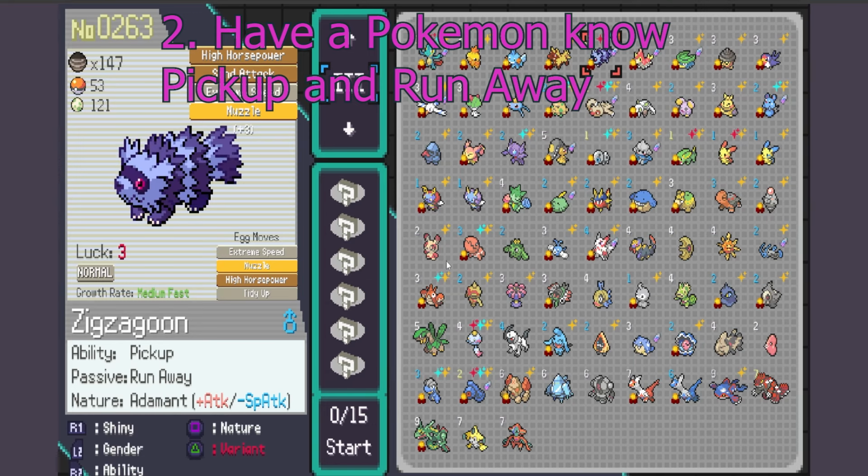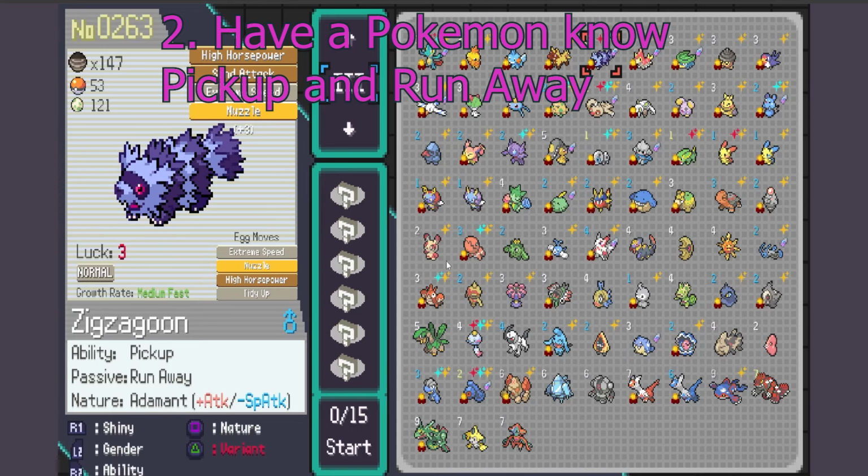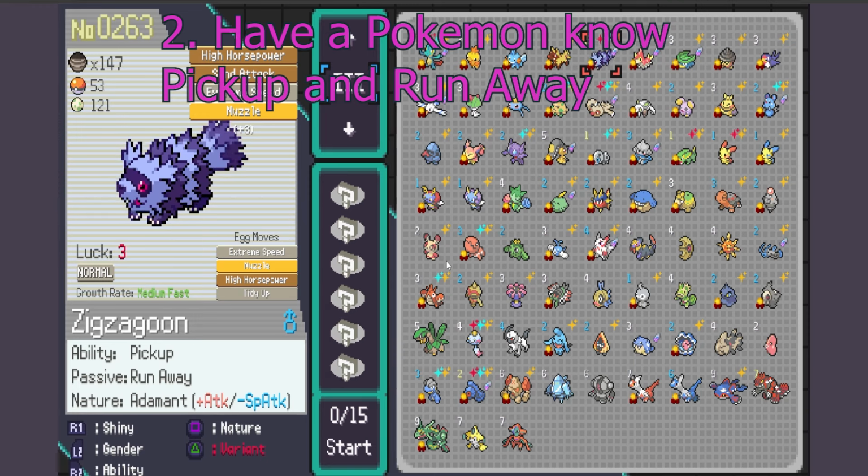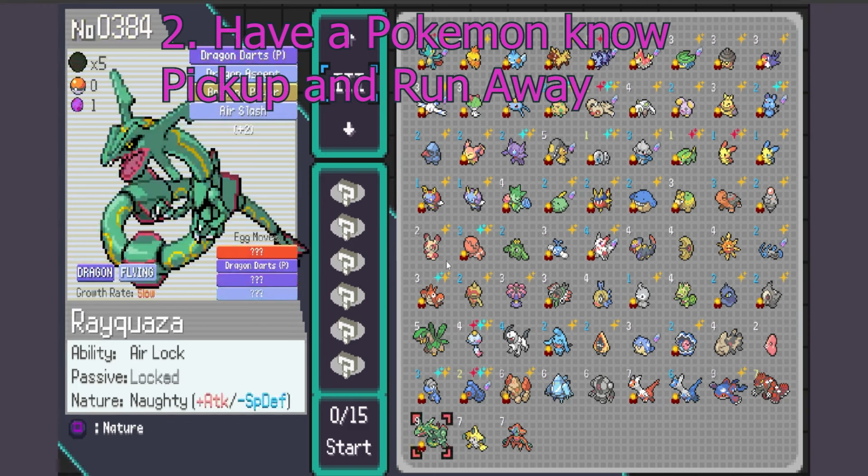So what Runaway does is basically you're always guaranteed to automatically run away from a battle. So let's say there's a battle you don't want to fight, except for the boss floors that you cannot avoid. If you want to avoid enemies like double battles or bosses on regular floors, just use any Pokemon with Runaway. But if you don't have Zigzagoon with Runaway,